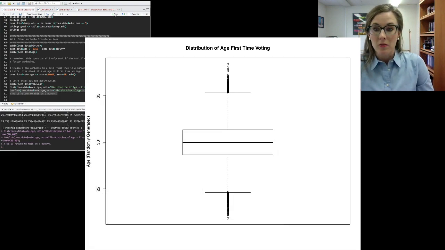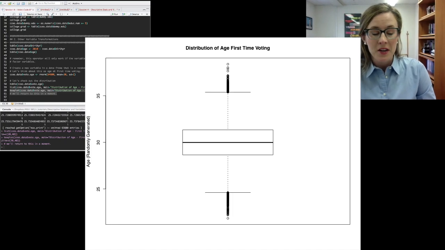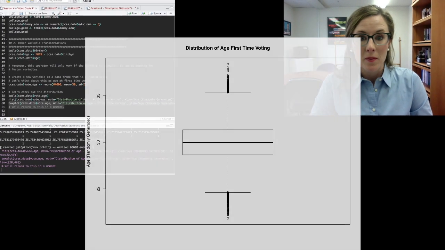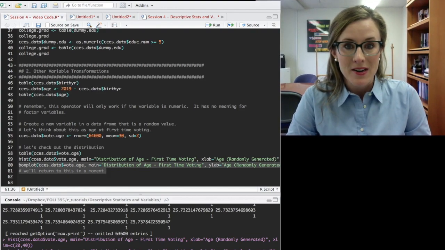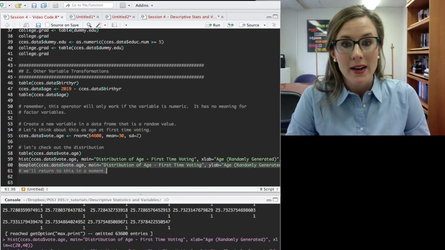Now, box plots are really helpful if you're looking for outliers. As you can see, those dots on our edges, those are what we would consider outliers. Whether or not those outliers are a concern is going to depend on the distribution and on what we're focused on. So we'll come back and talk more about outliers in a moment, but just for the time being, know that there are many ways to create the